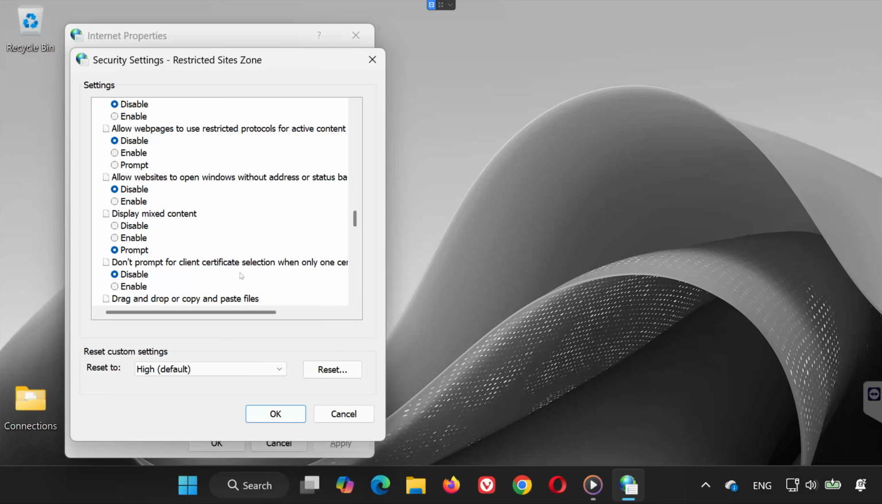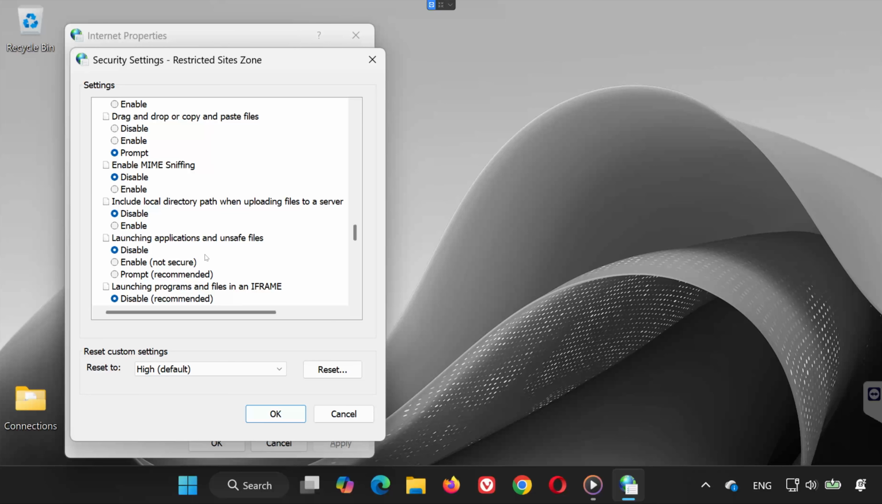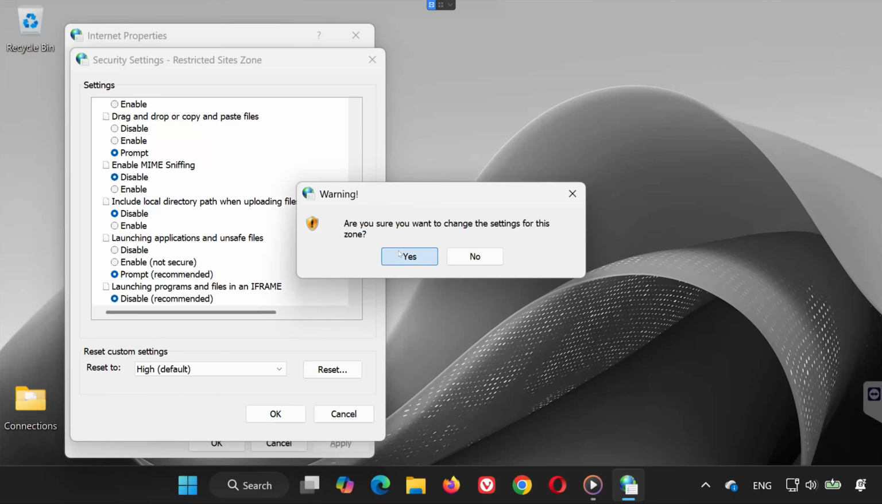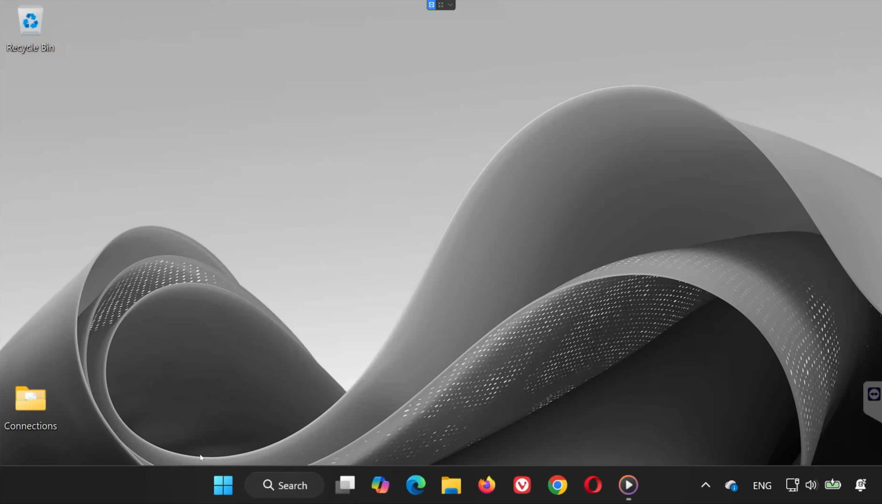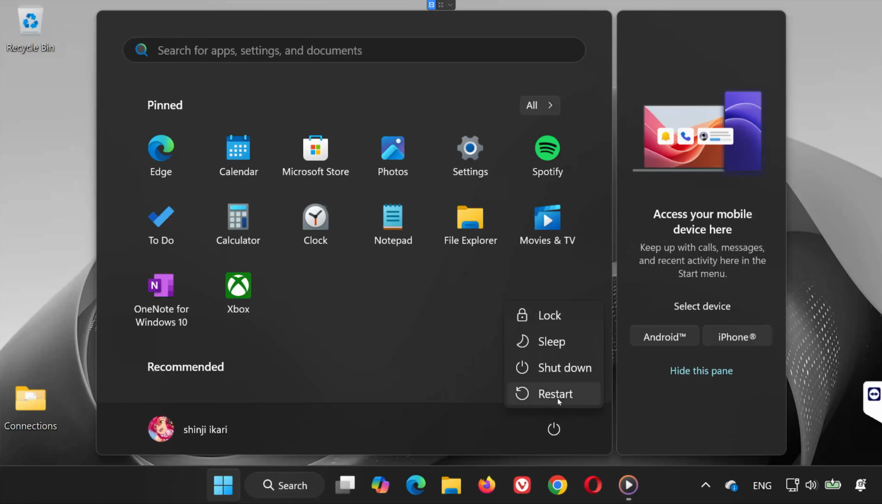Scroll down to Launching Applications and Unsafe Files. Set it to Prompt, then click OK. Click Yes, then click Apply and OK. Now restart your computer. After restarting, the error, "Your internet security settings prevented one or more files from being opened,"